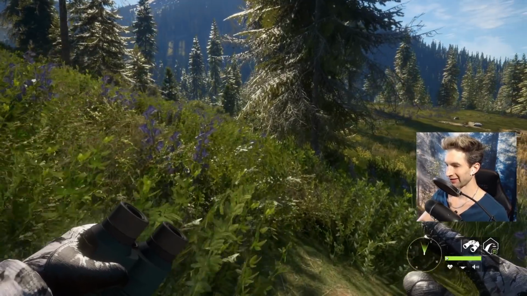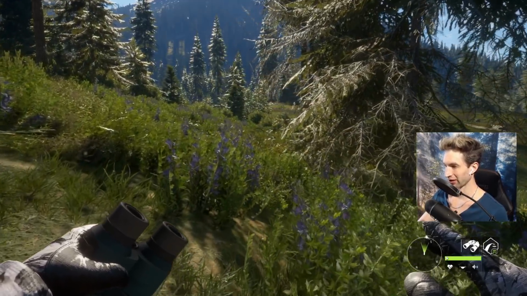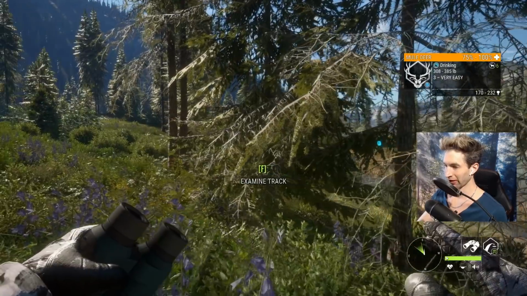We just got eyes on a decent muley buck. Now we're going to stay zeroed in for 60 and I'm going to try and get him into about 20 yards out for a nice shot. We got a decent buck right out there. He actually has kind of the whitetail rack, which is a pretty cool looking rack, and I definitely want to